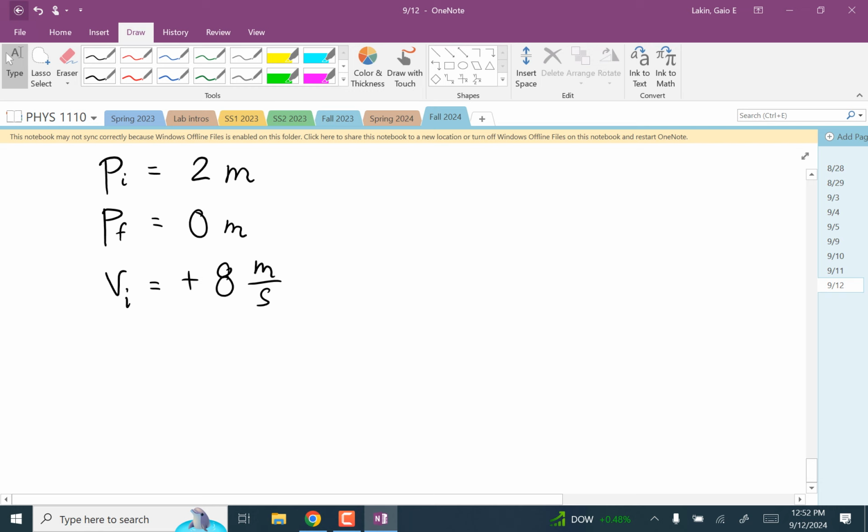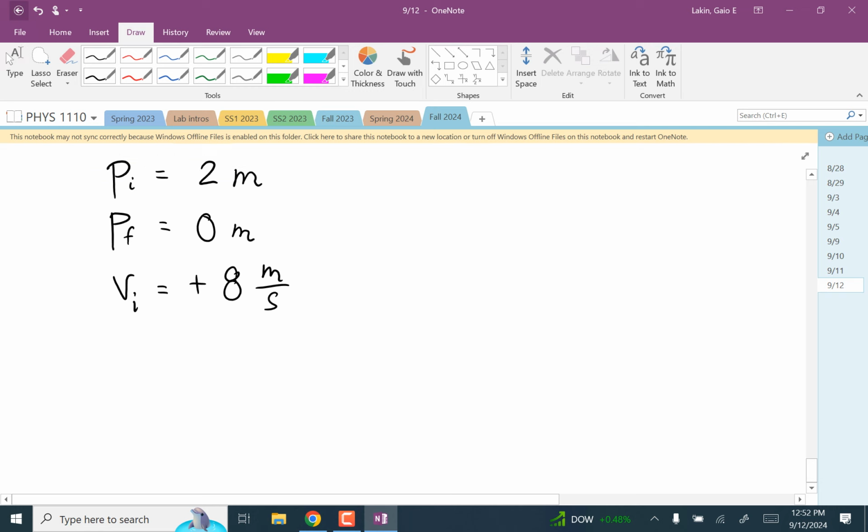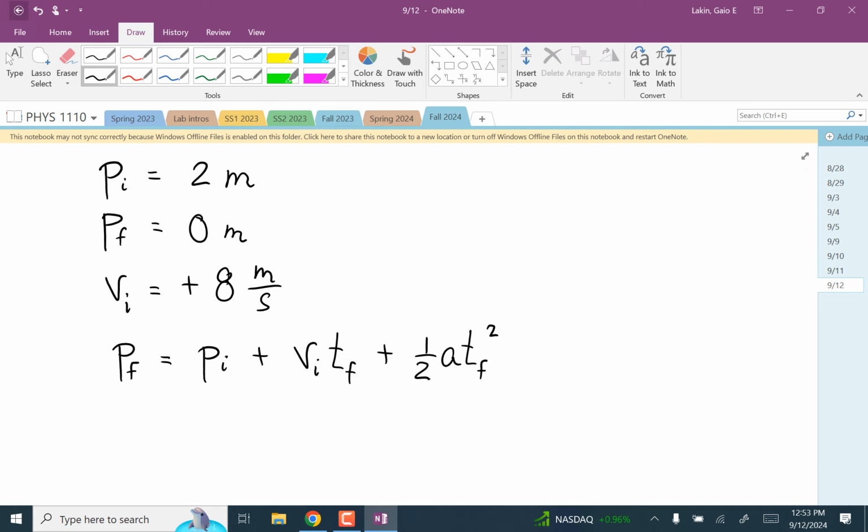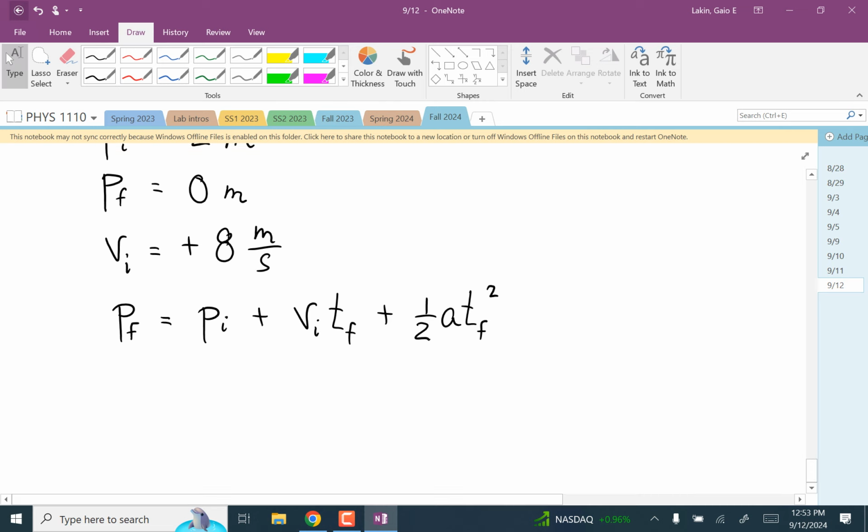Okay, so the equation that should work here is P final is equal to P initial plus V initial times time final plus 1/2 A time final squared. And anytime you use this equation to calculate time final, you're in extreme danger of having to use the quadratic formula. Sometimes you get lucky and some things are zero, but in this case, we're going to have to use it. So P final is 0, P initial is 2,